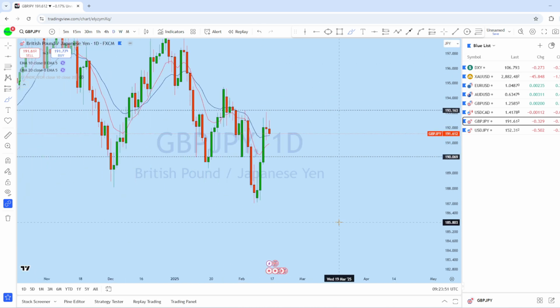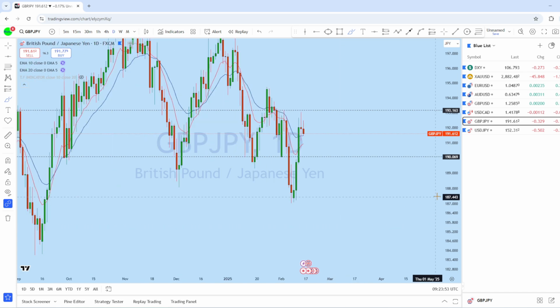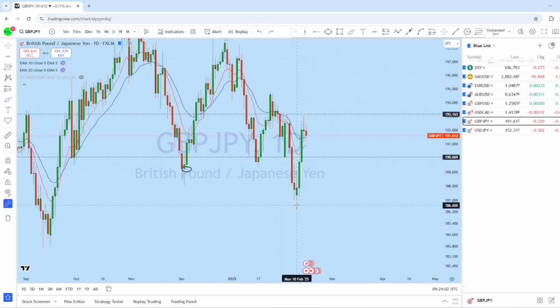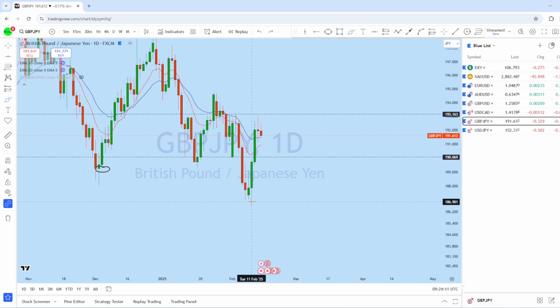Now dropping down to the daily chart on GBP JPY, we can see that this is the daily support here, and also support here. And I think that, as you can see, there is an impulse expecting a deeper pullback, which is also aligning with an important support level. And also we might see GJ dropping for a deeper pullback, having another potential bounce to the upside.